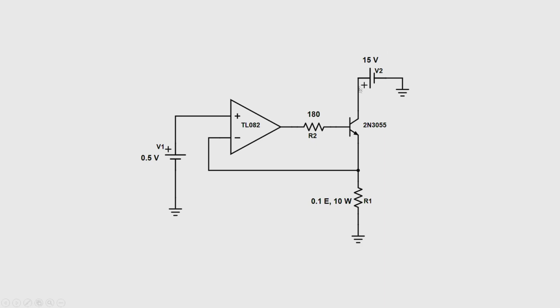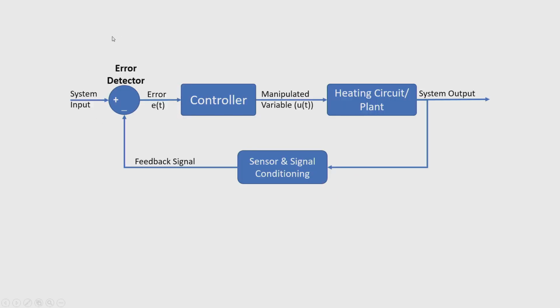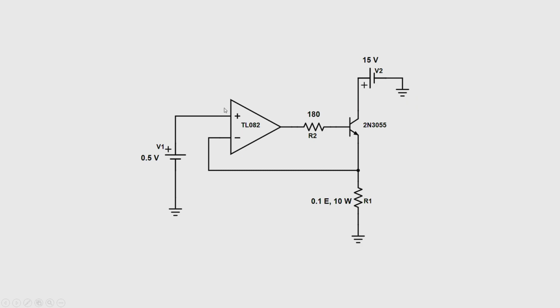But the input is connected with 15 volts and the drop across this resistor is 0.5, so what about the rest of the 14.5 volts? That 14.5 volts, along with the current flowing through this transistor, will generate heat on top of the transistor. This heat is measured using the sensor and fed back as an input to the error detector. So, it generates an error, and based upon the intelligence that we created on the controller, it will try to understand how much input voltage to provide at the input side of the driver circuit.